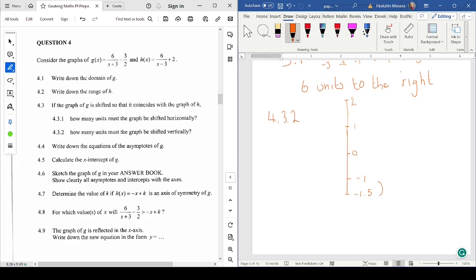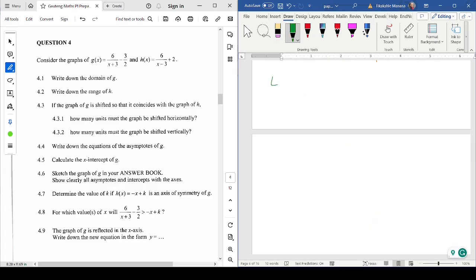This is a half unit, and then this is 1.5, 2.5, and then 3.5. So this is 3.5 units up. That's it. Okay, let's look at 4.4 now, and it says write down the equations of the asymptotes of